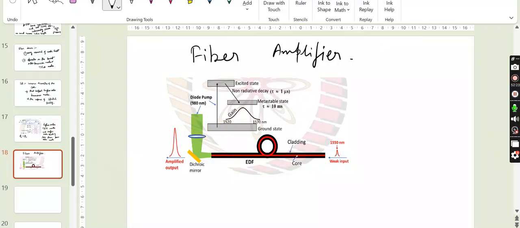Basically, similar to any optical amplifier, an active fiber can also amplify light of a frequency that falls within its gain bandwidth. In the case of an erbium doped fiber amplifier, erbium has a strong absorption at 980 nanometer wavelength. The 980 nanometer photons from the diode laser excite